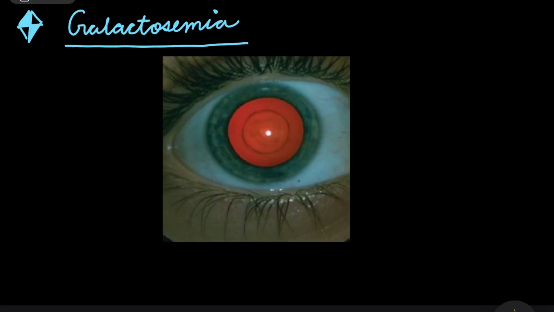Now, the next metabolic cataract that we talk about is a condition called galactosemia. What exactly is galactosemia? First, let's talk about what it is as a condition. We'll talk about this in detail in biochemistry, but right now, just a working knowledge. Galactosemia is what we call an inborn error of metabolism. There is a host of developmental defects, or rather metabolic errors, that take place, and this is a huge topic in biochemistry. Basically, galactose is supposed to be converted to glucose, which is the prime substrate in